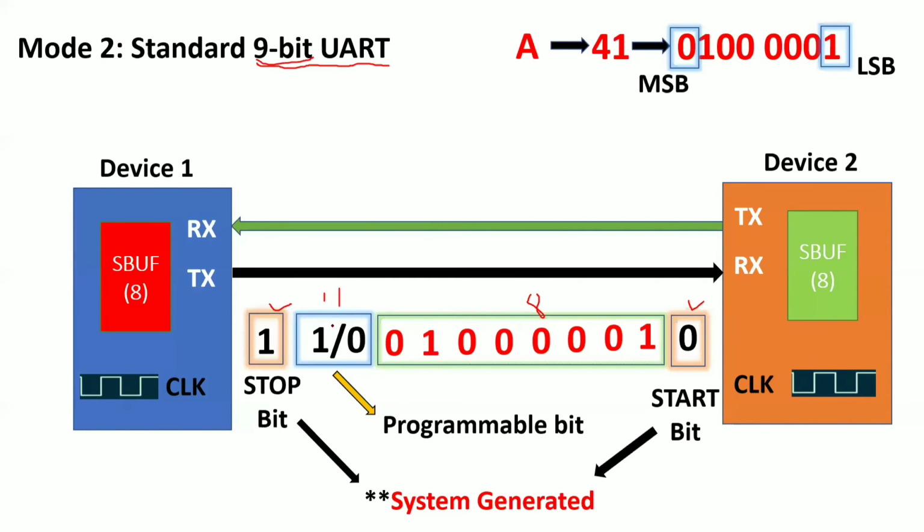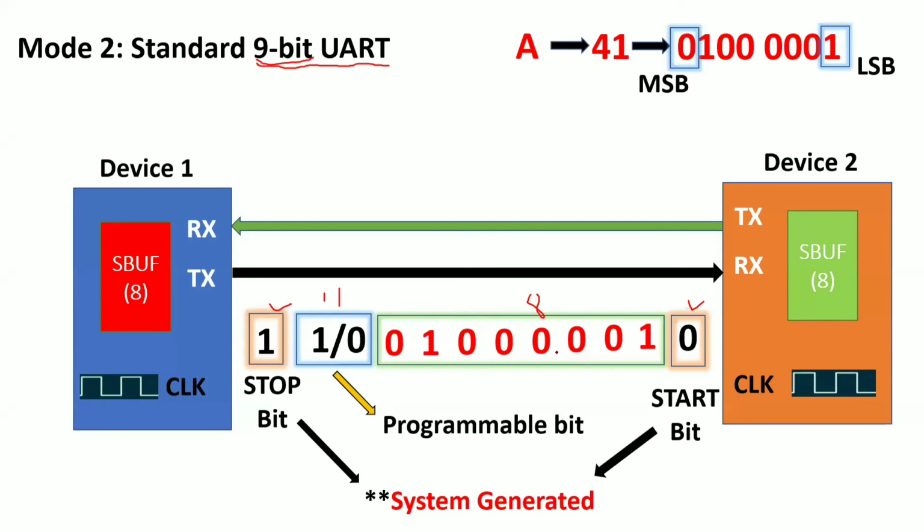Okay, if the programmable bit is 0, that means the data is incorrect. So is there any confusion here? What is meant by programmable bit? It means the programmer is sending the data, that means either 1 or 0. Now why is the programmer sending 0? To make the data invalid, to make the other system understand that the data is invalid.